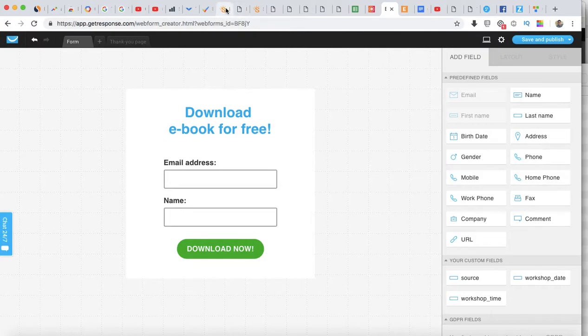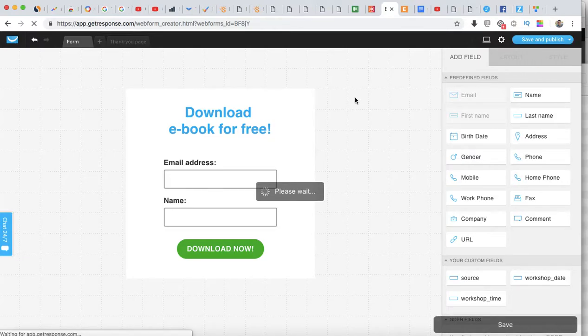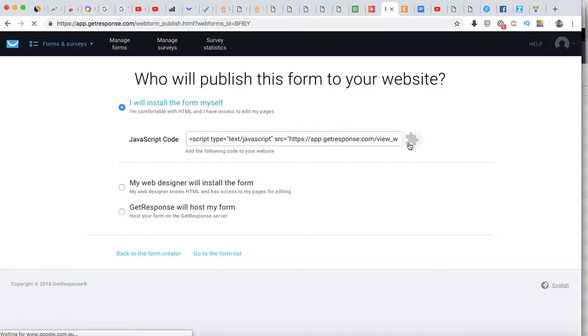Hopefully that helps. Another thing you could do in terms of the thank you page and this form, with GetResponse, there is a limit on how much you could do. So you can do all this, right? But let's just do save and publish for a moment, okay? You'll see there is an embed code, okay? So you want to take this embed code